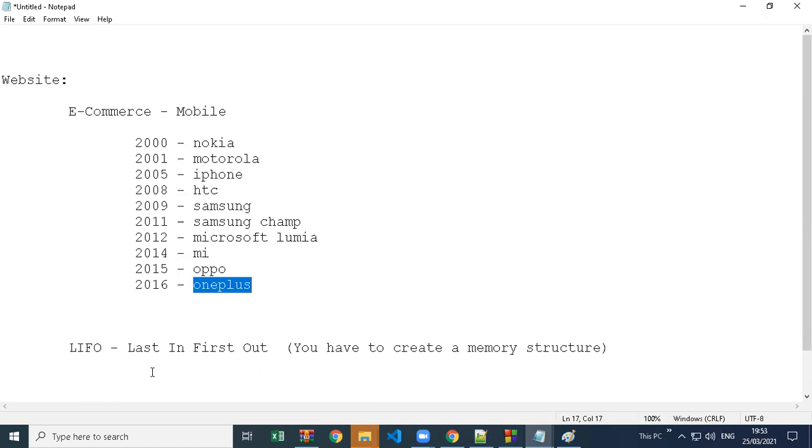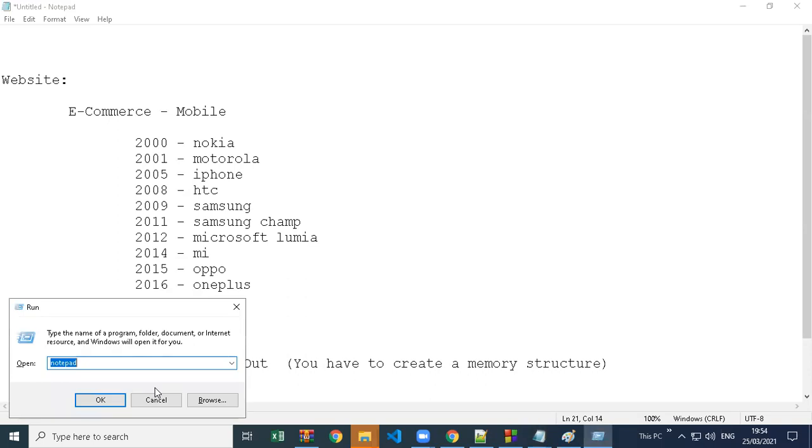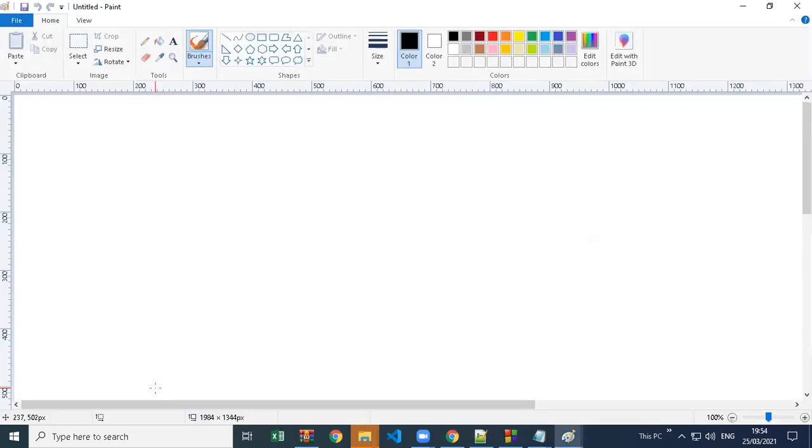The last data which is in, that should first out. So you have to create a memory structure like this, LIFO memory structure. And this memory is also known as stack memory.